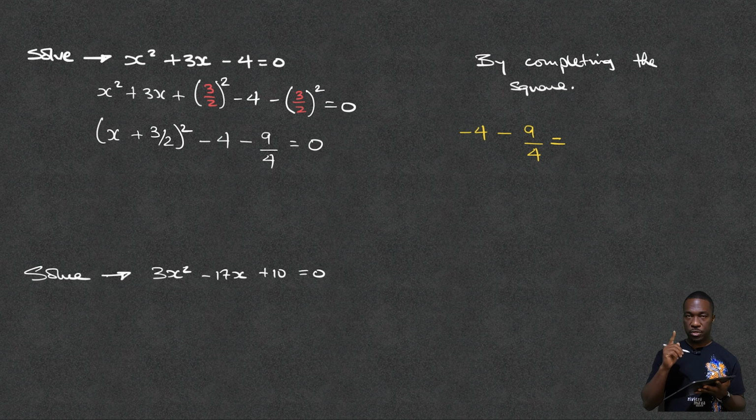9/4 is 2¼. Yes it is, because there are 2 4s that makes 8, and then you've got 1 left over, that's 2¼. If I now take 2¼ and I add 4 to that, it becomes 6¼. So this is -6¼. And just for the sake of making sure things look a little bit nicer, I'm going to turn it back into a mixed number, and that becomes